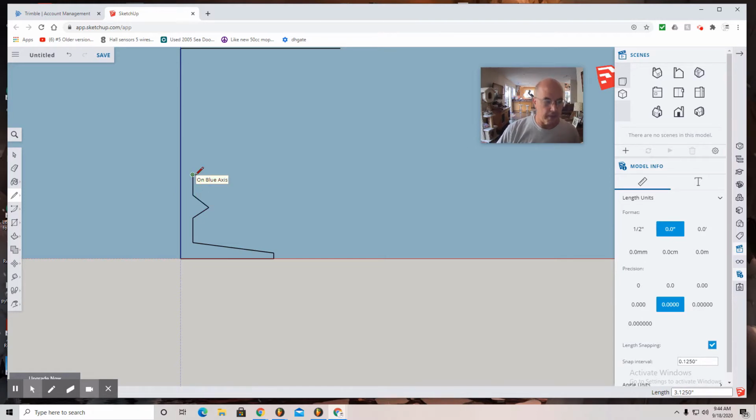And here at this point, I'm actually going to hit escape, and I'm going to change to the arc tool. That's the tool under the pencil tool. And I use the second tool down, which is the 2-point arc. Select. And I'm going to click on that end point of my line, select, move it up a little, click again, and then pull my pencil to the right and make a bit of an arc. Click. Now I hit escape once again, return back to the pencil line tool, and then I move up and create a fun designer tabletop